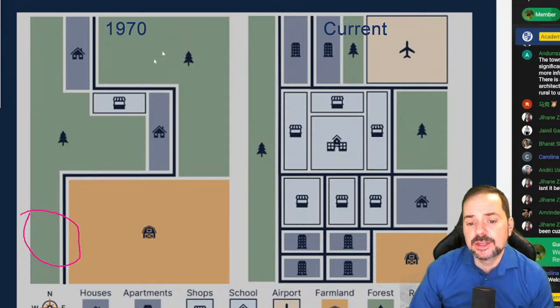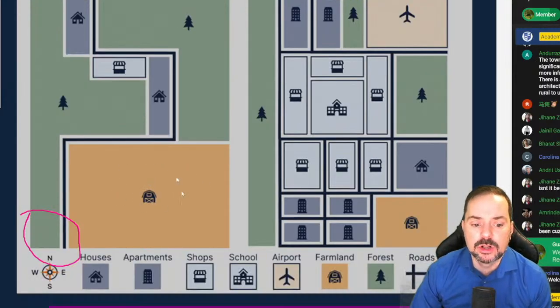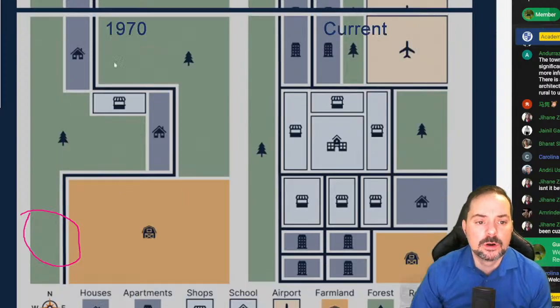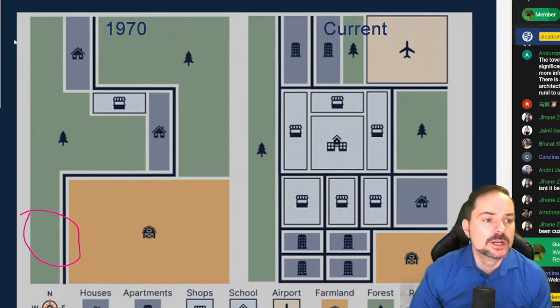So virtually nothing is staying the same. We can see that here. Okay, virtually nothing stays the same. A little bit of forested areas remain. Most of the forested areas are used up for urbanization. Most of the agricultural land is also used up for urbanization. We'll get into those details more in a moment here. So